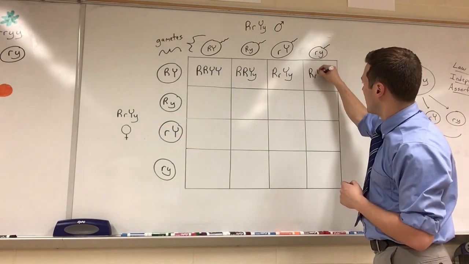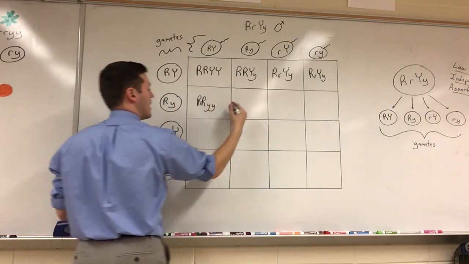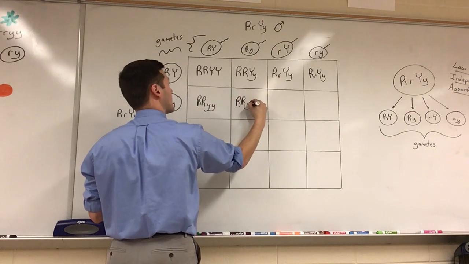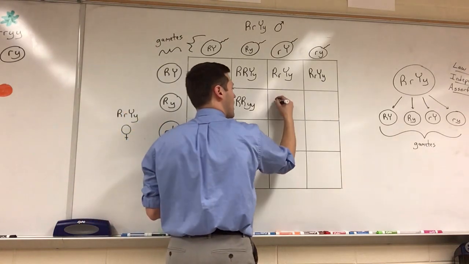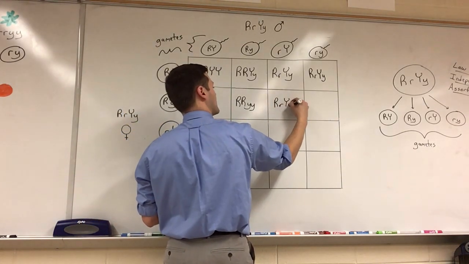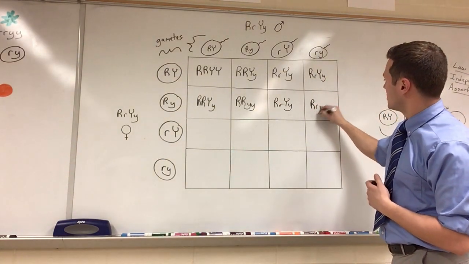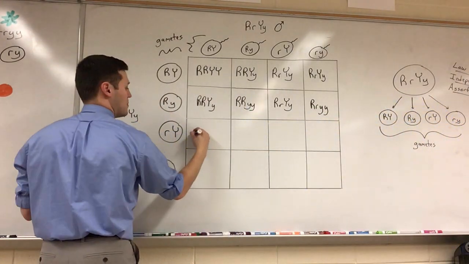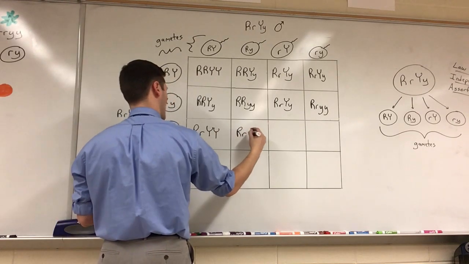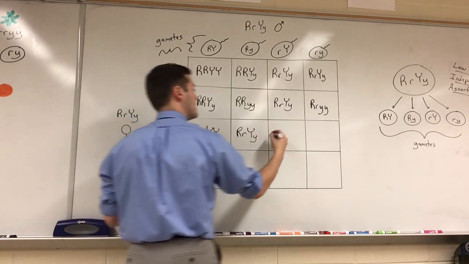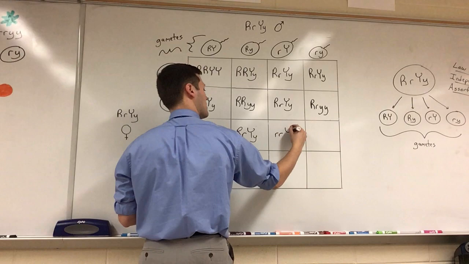So big R, big Y, little y, big R, little y, big R, little y, sorry, this is a big Y over here. Big R, big Y, little y, big R, little y, little y, big R, big Y, big Y, big R, big Y, little y, big R, nope, little r, big Y,